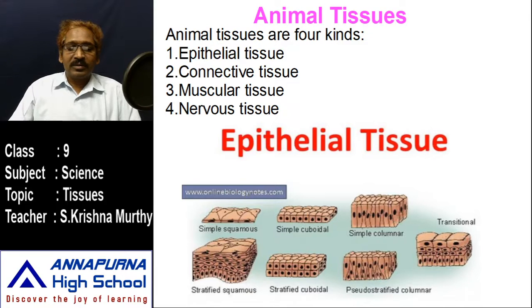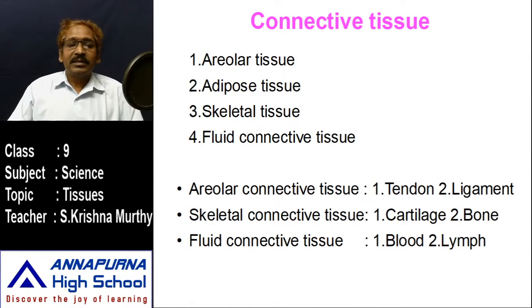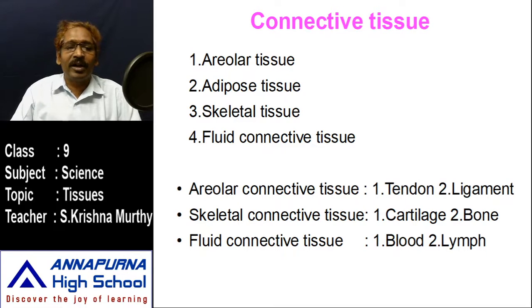Look at that. Next tissue, connective tissue. We will discuss the epithelial tissue later. Before going there, we have to find out what different kinds of tissues are present inside our body. The second tissue is connective tissue. What is the function of connective tissue? To connect each and every part of our body, organs, tissues, or cells. Because our body is made up of trillions and trillions of cells.